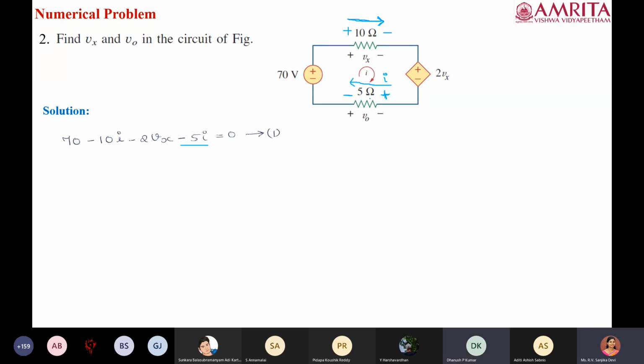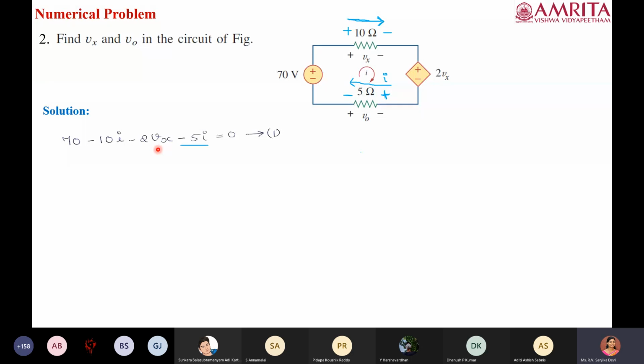Ma'am, so for a passive element, the given polarity doesn't matter? Yeah, the given polarity is actually opposite, so that we will write in the next equation. Okay. So here we got the first equation, but it is a single equation which has two variables, I and Vx. A single equation with two unknowns we cannot solve. So we have to write a few more equations, or at least one more equation, so that we can replace one of the variables.